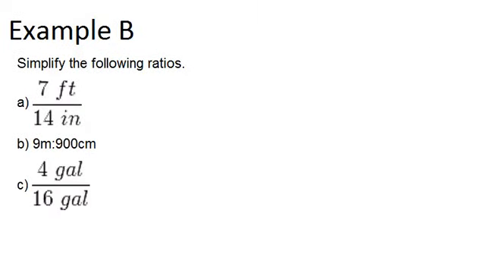All right, in example B, simplify the following ratios. 7 feet to 14 inches, 9 meters to 900 centimeters, and 4 gallons to 16 gallons. In order to simplify a ratio, the first thing you need to check is that both parts of the ratio are in the same units. Otherwise, you can't simplify it. For A, the two parts of our ratio are not in the same units, so you want to convert first. So what I'm going to do is